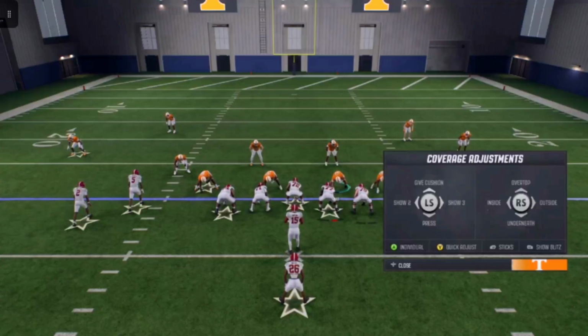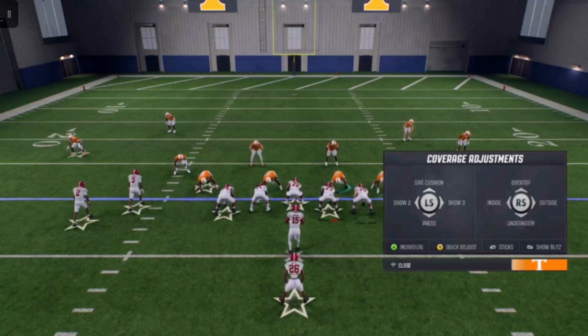You have 4 different options. You have over the top, you have underneath, you have inside, you have outside. It's pretty self-explanatory, honestly, but for those of you who don't understand it, I'll go ahead and break it down for you. So if you're playing an opponent who's beating you over the top, just like I discussed a second ago with giving cushion, and you don't want to give cushion because you fear the underneath stuff, you can go ahead and stay in position where you're at, or you can even bring your guys up even closer and flick the right stick up to shade over the top,